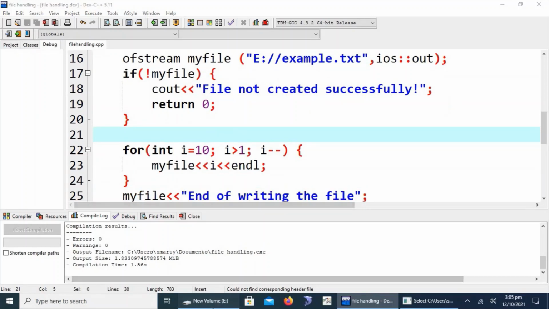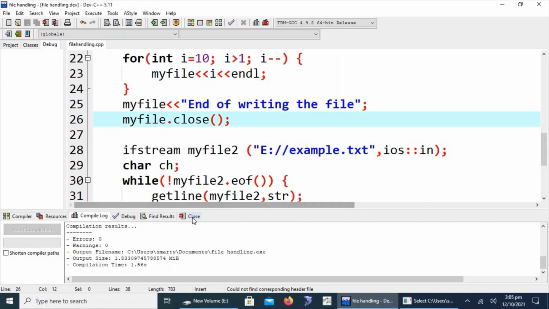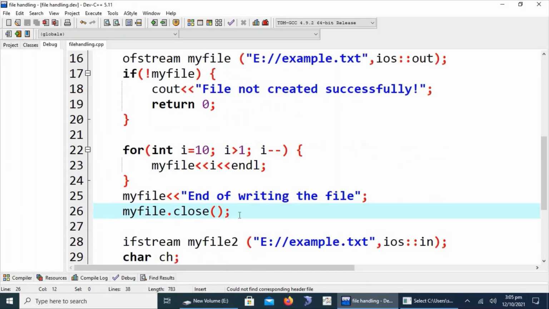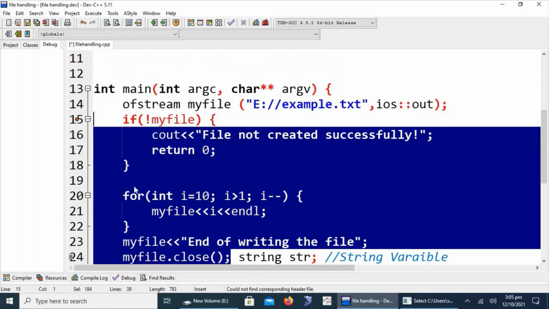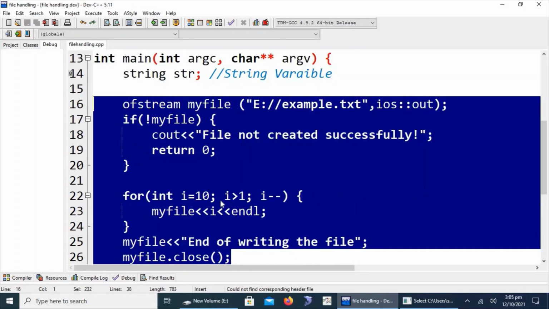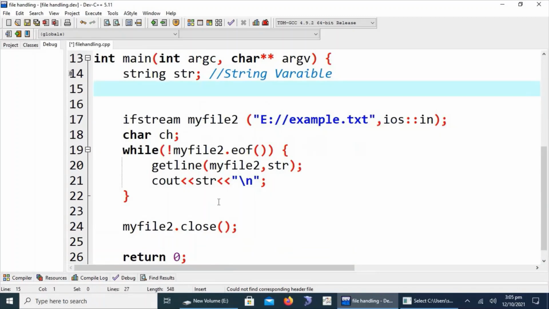Now we are trying to remove our file writing section. We just want to read from the file. We have to remove the ofstream, and complete this section, saving the file.